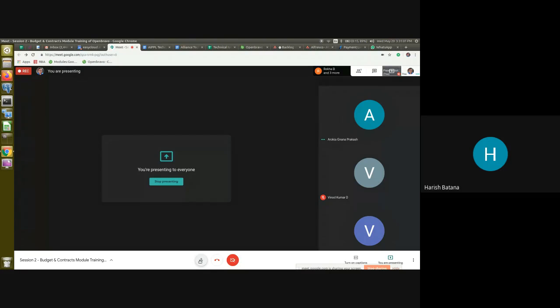Same applies to retention also, right? Yes, retention also same. And then the retention release option is also there, right? Yes. At the end, you will be able to go to any particular document and request a release, and the accounts team will get a notification to pay it in the next payment cycle. Okay.